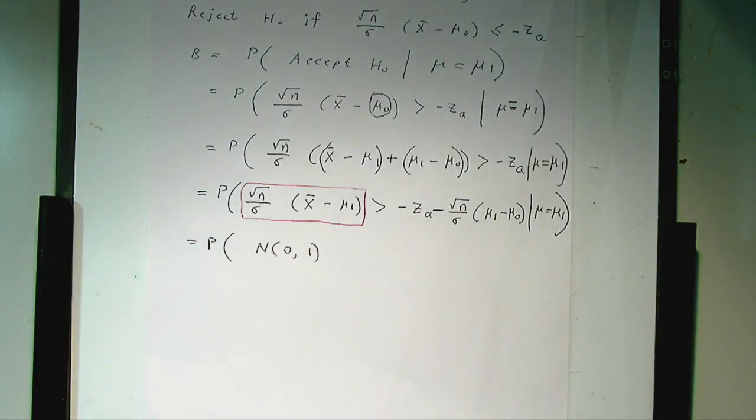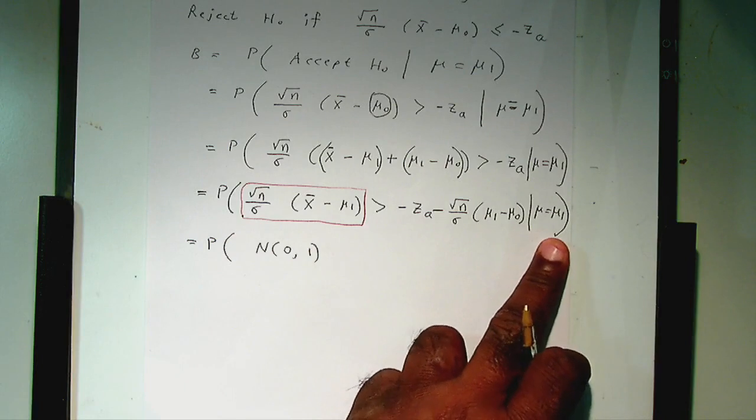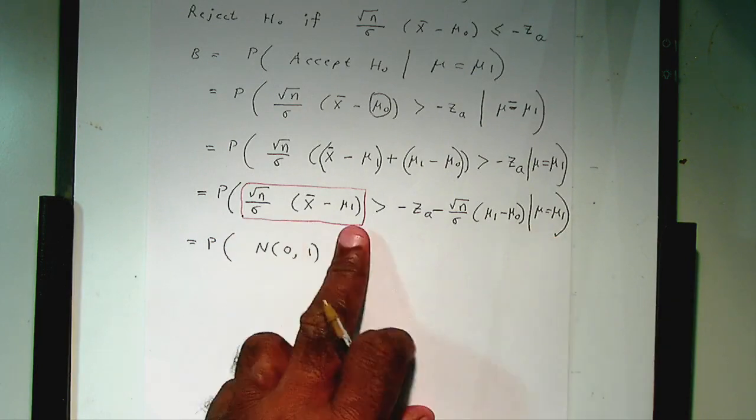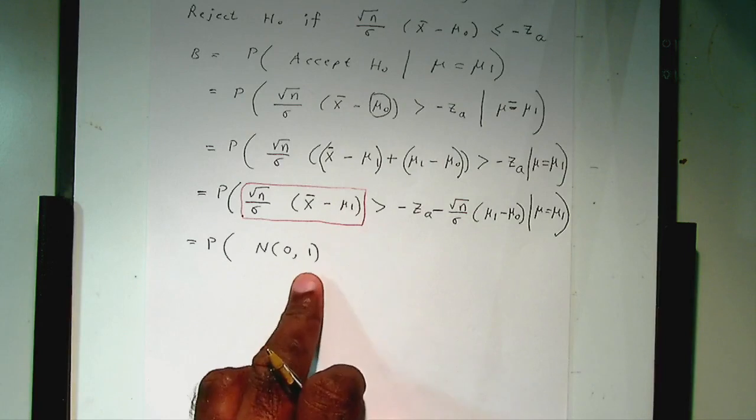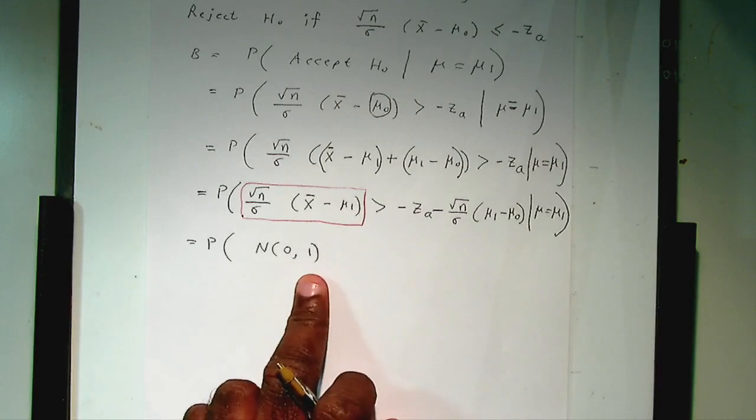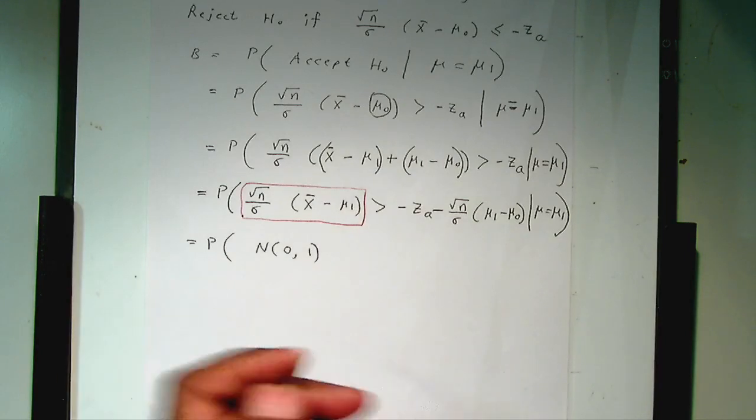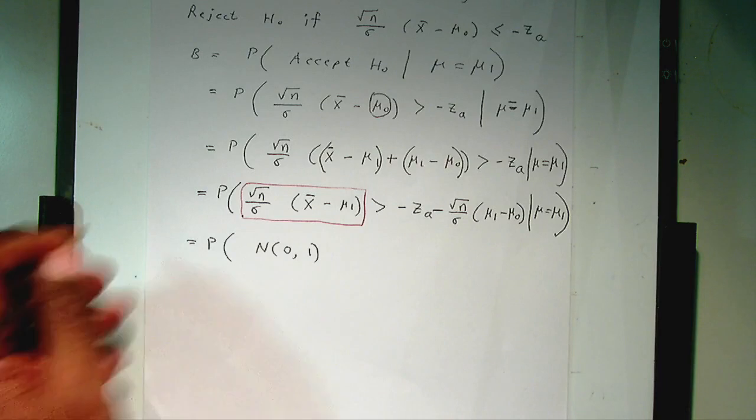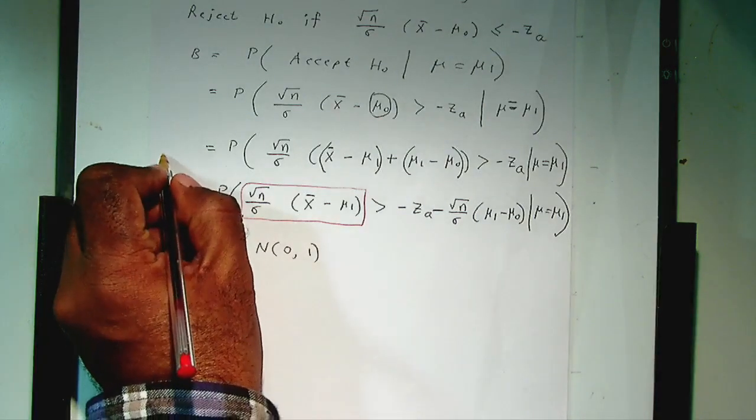Because conditional on mu equal to mu1, that the true population mean is equal to mu1, this must have the standard normal distribution. Do you know why, guys? Some of you seem lost. I don't know why. Look, remember,